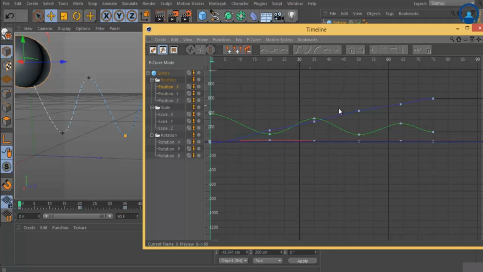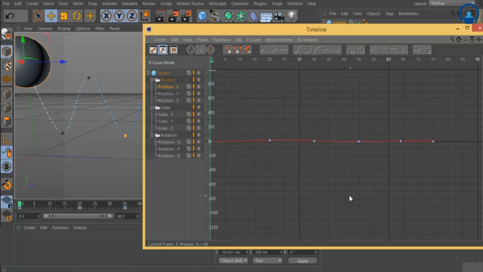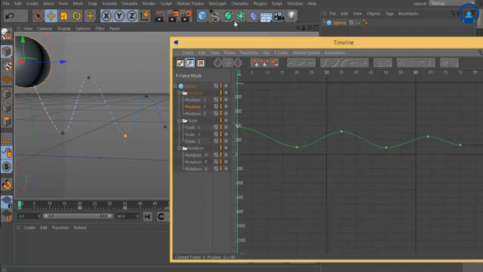And here you can see the straight line. These are property of scale and rotation values, but right now it's okay. I can keep the option off for a while because I don't want to get confused by seeing lots of properties. I just want to see particular properties. I click on this show all track, keep off this show all track option. Yeah, and I click on this Y properties. Now you can see the curve over here is same like this curve.